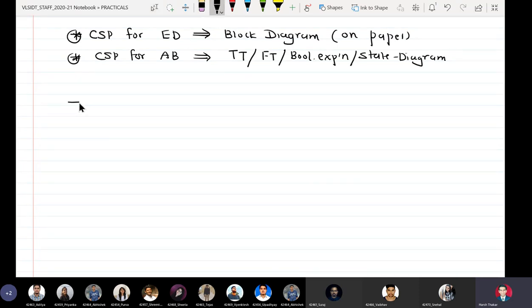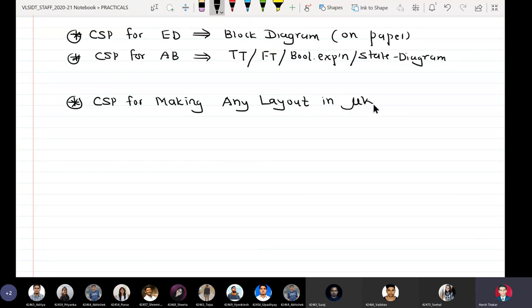So the correct starting point for making any layout, irrespective of the tool you are going to use, the correct starting point for making any layout in Microwind is, now listen carefully, transistor level schematic.